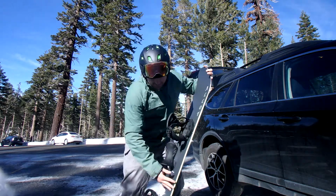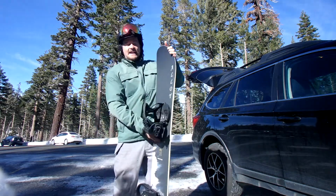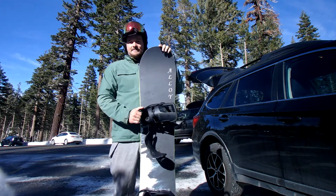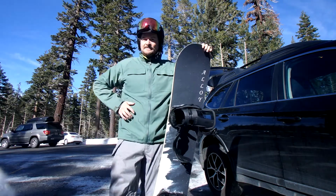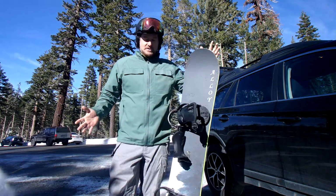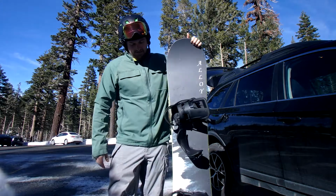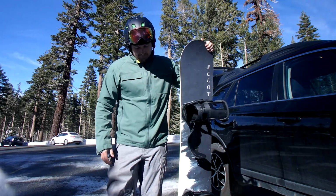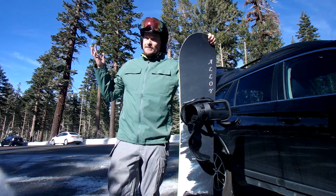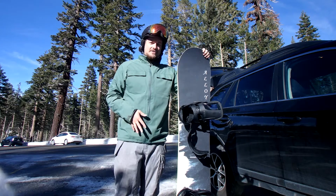And it's got a kind of mid flex, and it's got a good snappy feel to it, although it's not super poppy. It takes a little bit of work to generate some spring off the tail or tip or from between the feet. But I had one of those perfect days where it's groomers, there's some leftover powder, there's some harder snow,